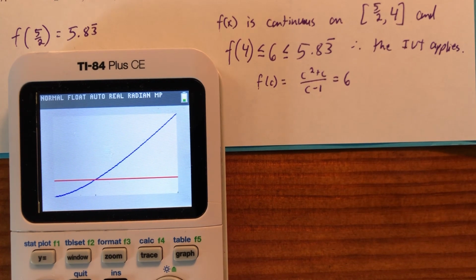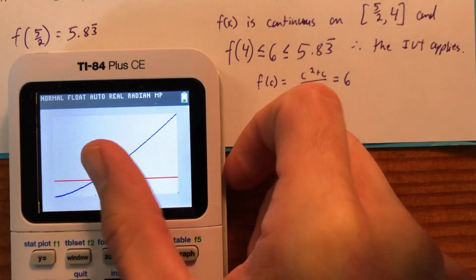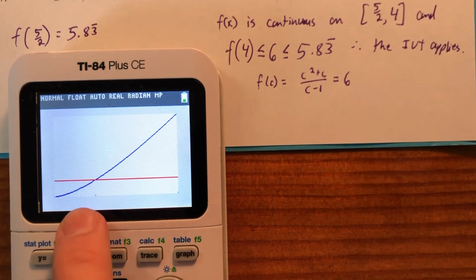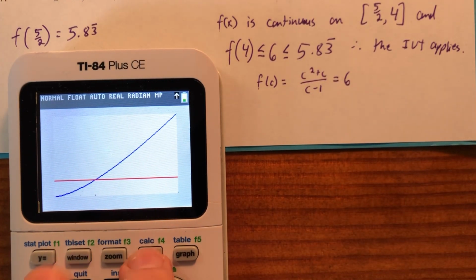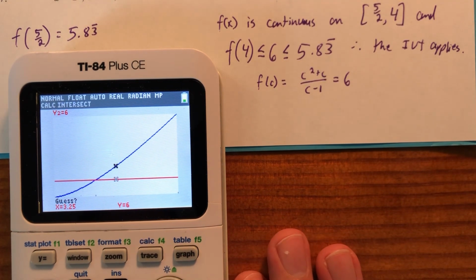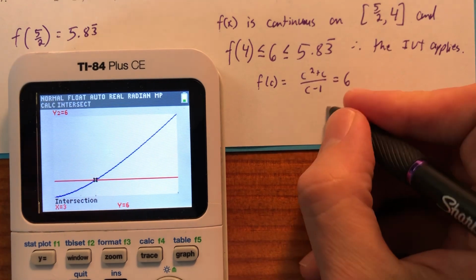Okay. So there were 2 points of intersection, but only one of them took place in the given interval, from 2.5 to 4. So let's find that point of intersection. It looks to be that exact dot, which I believe is 3. Intersect, enter on the first curve, enter on the second curve, enter on guess, and our C value would be